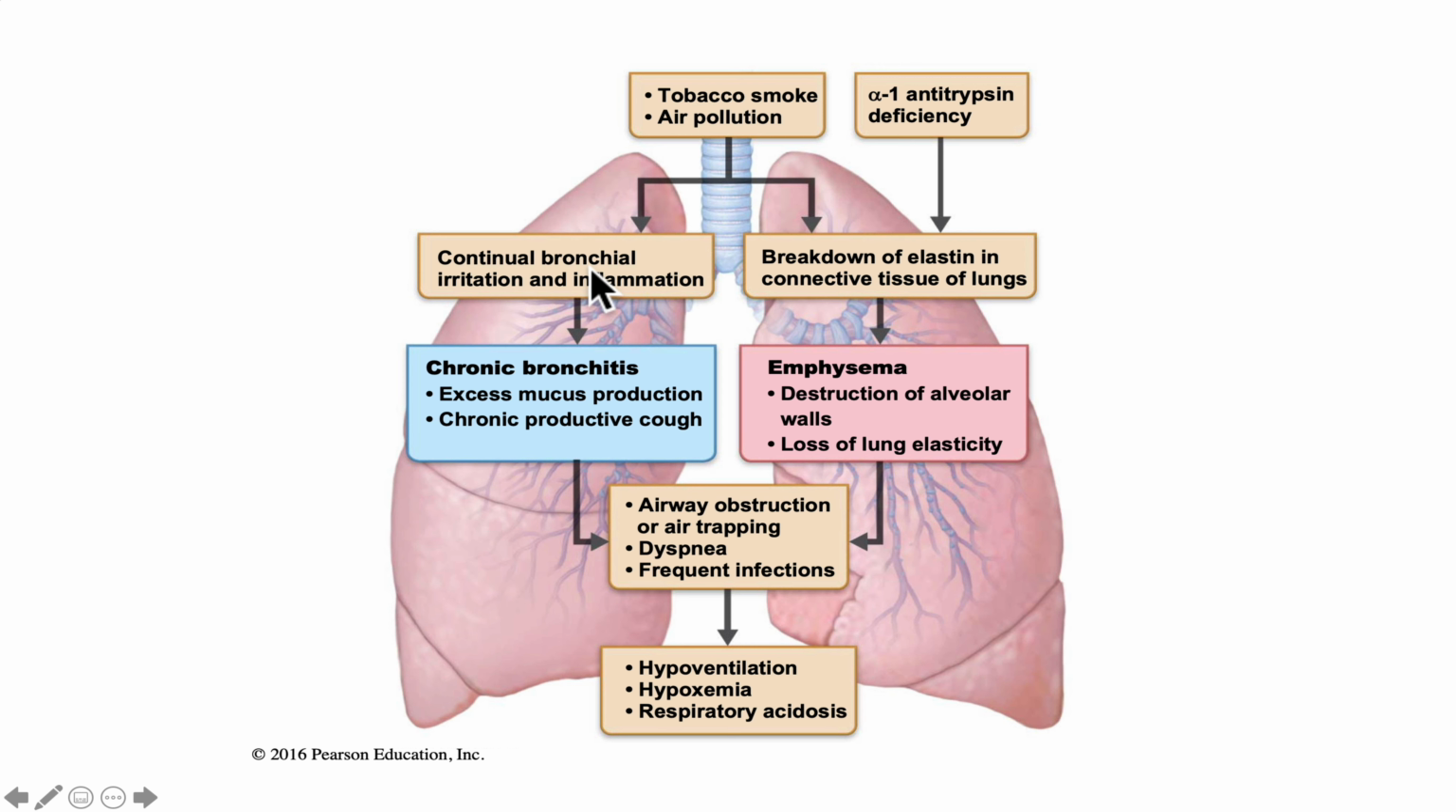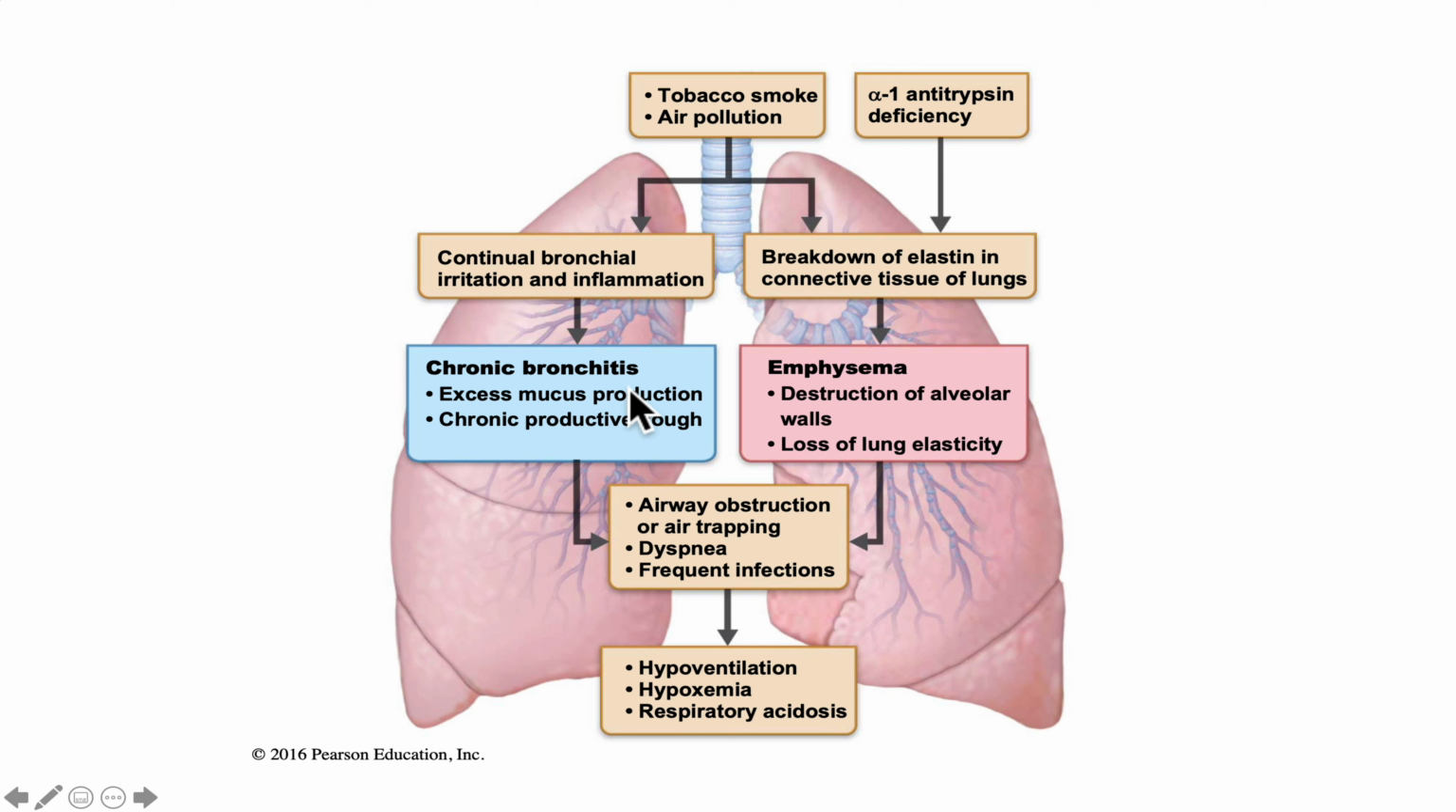You have long-term or continual bronchial irritation and inflammation, which ends up being chronic. Again, this ends up leading to chronic bronchitis. And in this, your body produces too much mucus. And you also have a chronic cough, a productive cough. And essentially what's happening is, again, the airway obstruction,